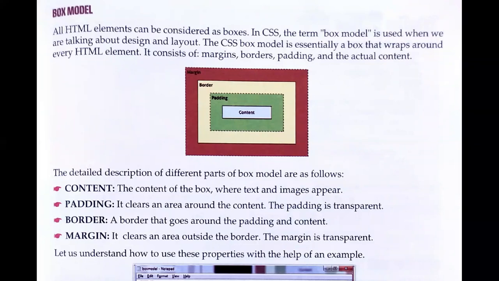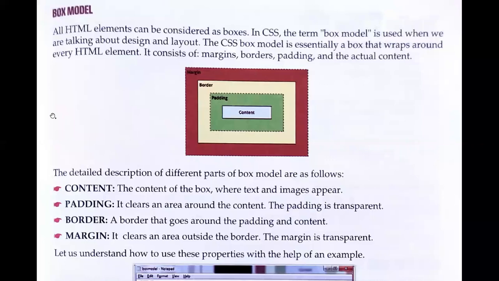It is a very critical and important segment of web designing. Why? Because in the box model, we follow 4 things which create our web page. Without these 4 points, our web page will not look good or professional.